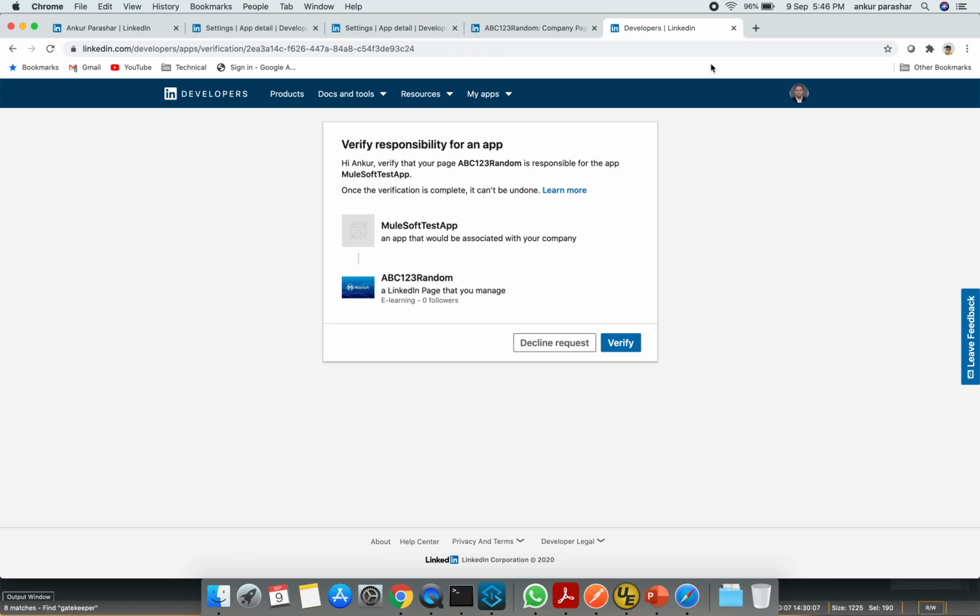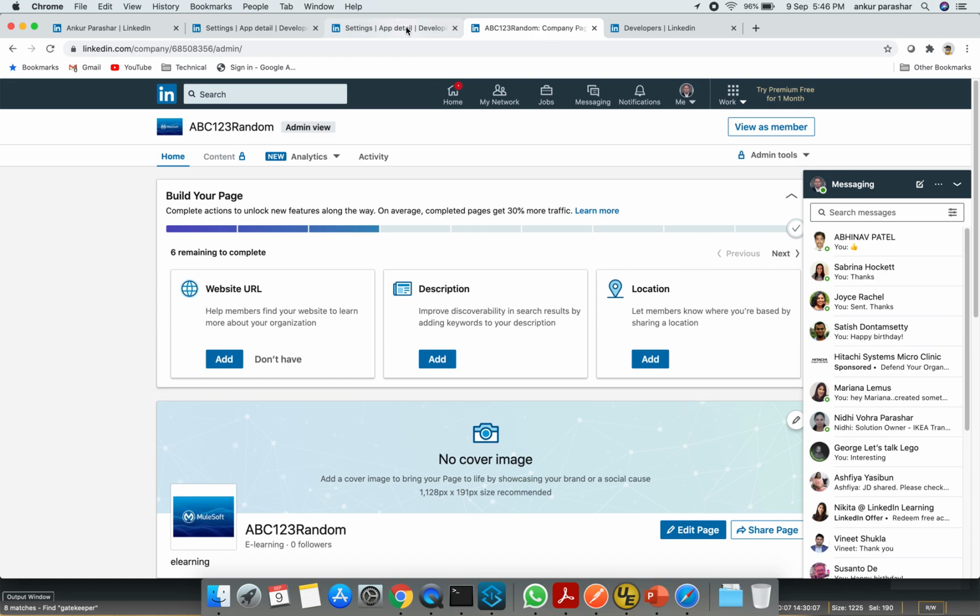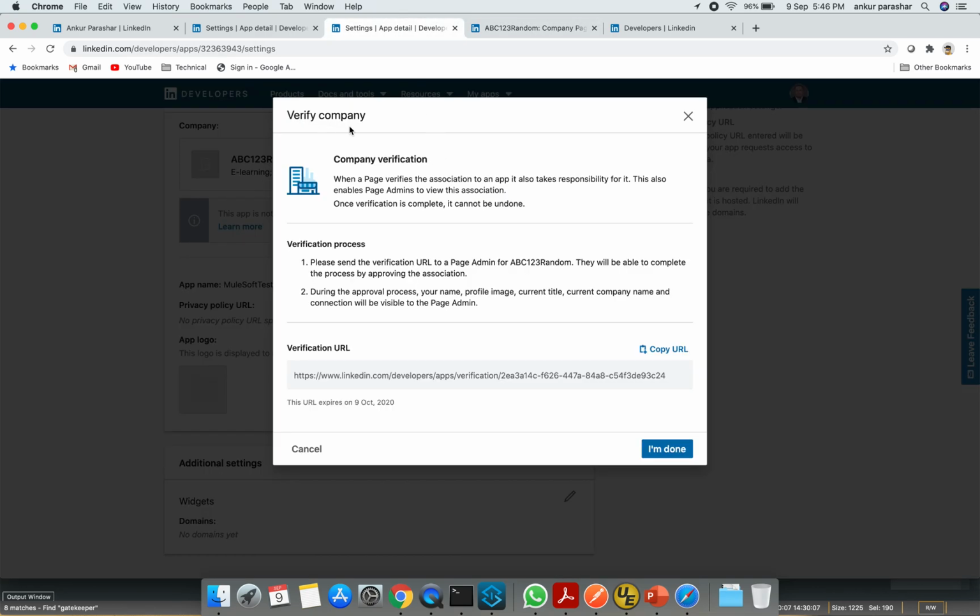It will ask me to log in to give the authentication for ABC 123 random, which is responsible for the app Mule Test app. So I will say it is being verified. It is okay. Now it is showing that it is verified with your LinkedIn page. I will go back to the settings page where this verify company prompt was there.